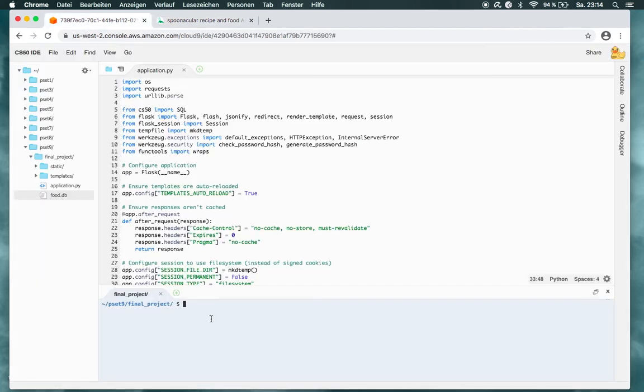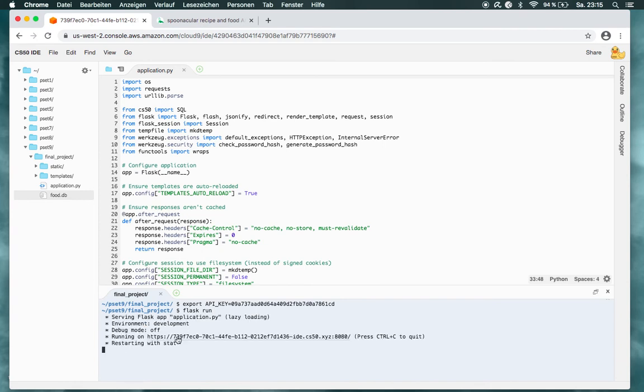I'm doing this in the CS50 IDE because unfortunately for the text editor terminal version my computer is too slow. Okay, I'm already in the right folder, and for this API I need an API key. I'm pasting it in and we're ready to go. I'm writing Flask run to start the server. Okay, now I can open this up. And voila,